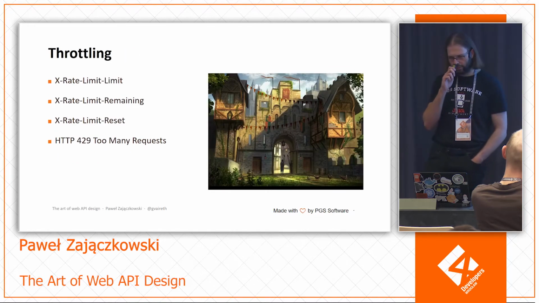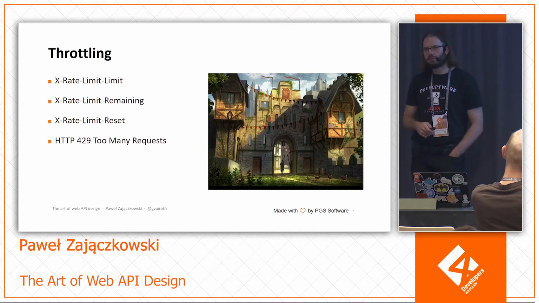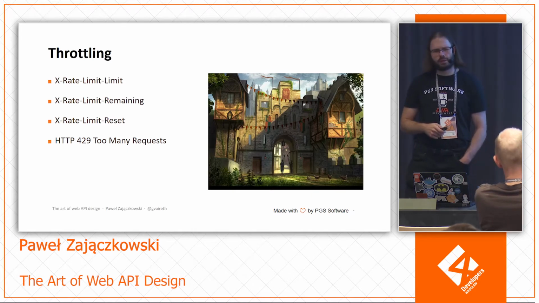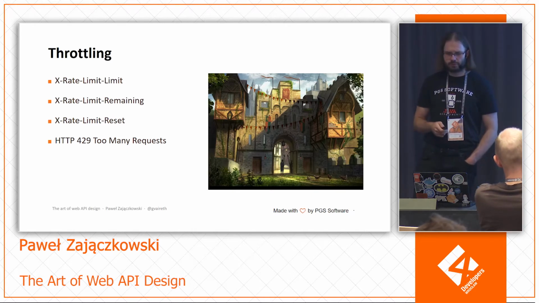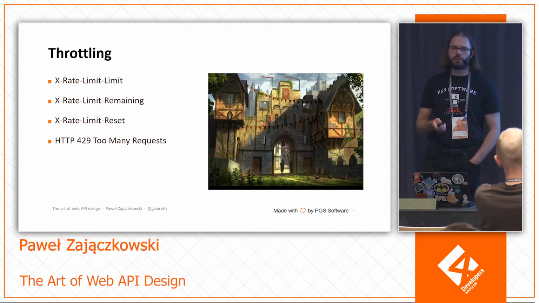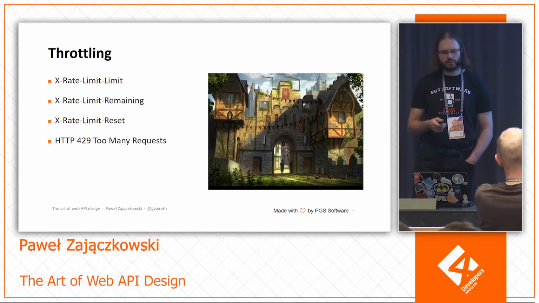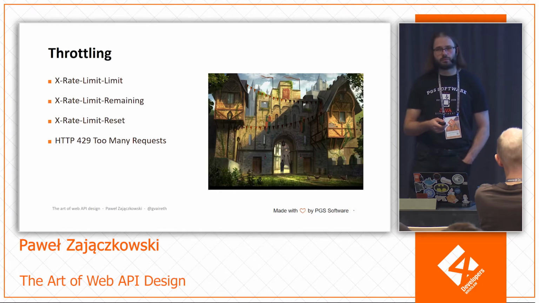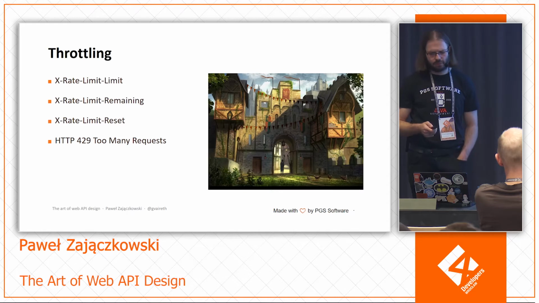Throttling. This is the idea that we can handle only so many requests. So what do we do when we are out of capacity? We can just return 500. Now it's not very elegant. We can use particular headers to say how many requests we can fulfill in a particular time window, how many requests are left in the current time window, and when the new window starts. And then if the client is out of luck and no more requests can be processed, we can return 429 Too Many Requests. Then the client knows it can check those headers and, for example, see that in 70 seconds a new window opens and it can try again. It doesn't have to repeat every second or so.